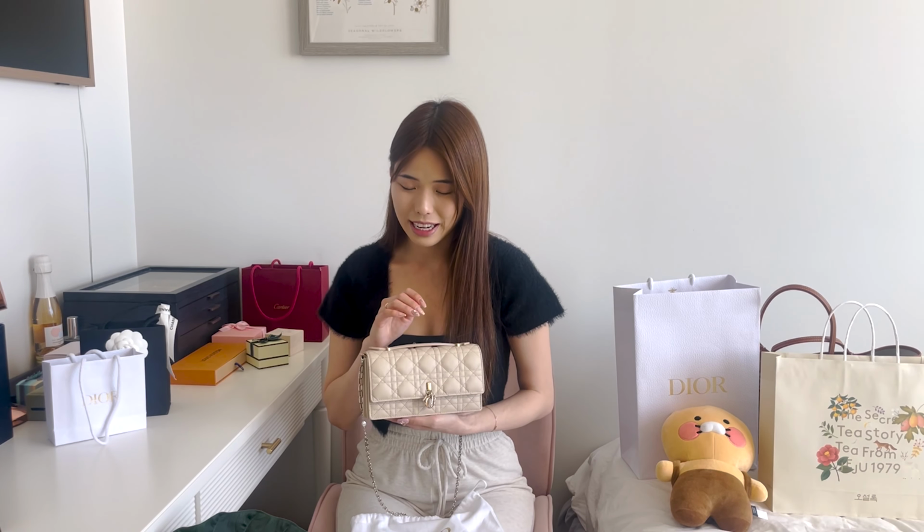But when I got home and looked at it again and reevaluated what could actually go inside of it, and how practical it would be for my usage at this stage of my life, I did end up deciding that it was just way too small. It was absolutely adorable, and I have my fair share of micro bags as well, but I'm definitely reaching a point in my life where I need to carry a little bit more than just my phone, a lip gloss, and my car keys. So I ended up returning it,